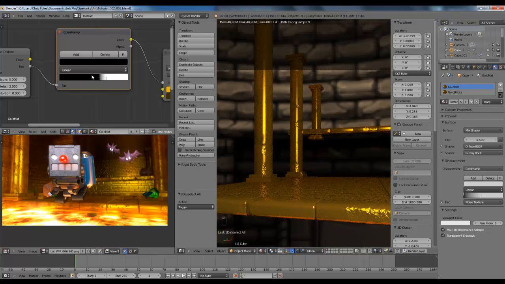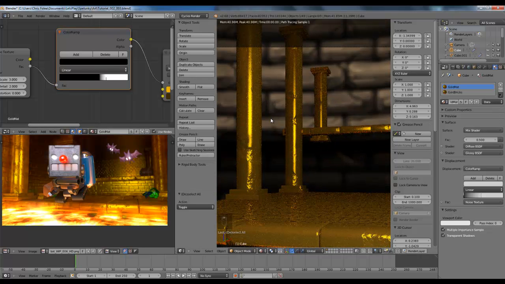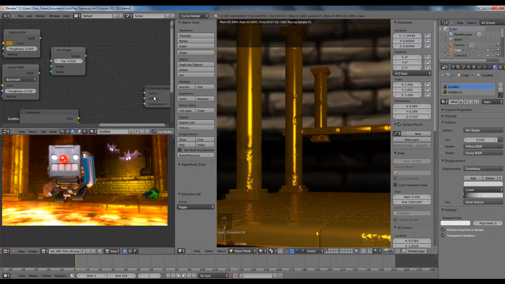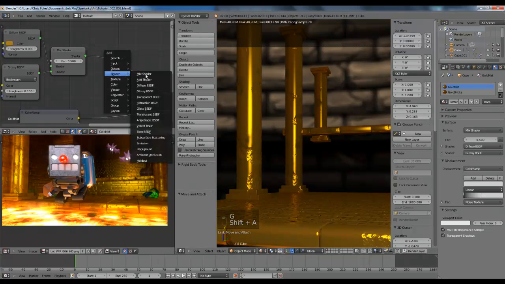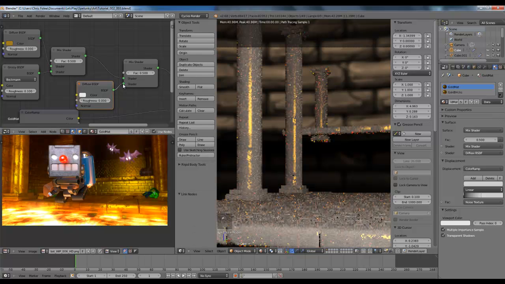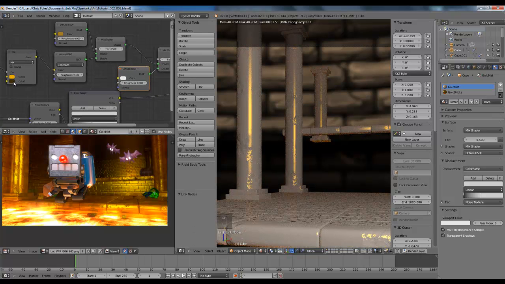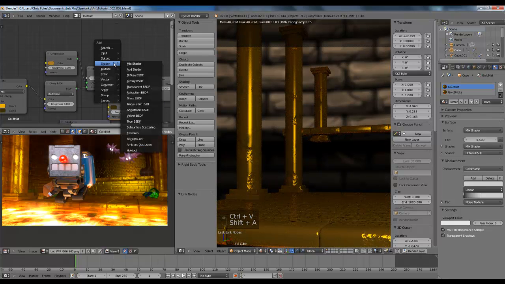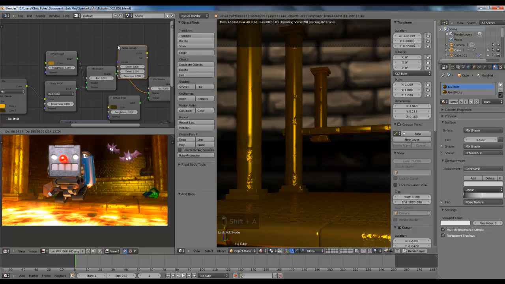Okay, so I'm not seeing much of a change here, not seeing much of the detail. And another problem with that is that we have pure reflection material, basically. We need to add in basically a specular map, which is another thing that I did to break up these specular highlights a little bit. So we're going to do shader, mix shader, shader, diffuse, mix, copy our dark material like so, and then we're going to texture, noise texture,